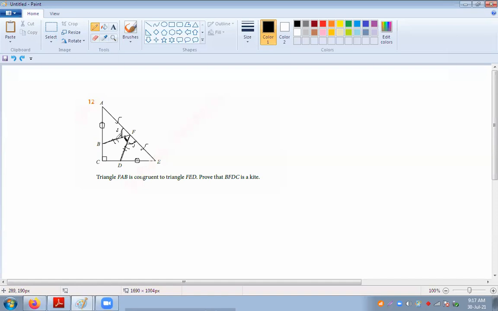If this side and this side are equal, and if we draw this diagonal, then this angle will be equal to this angle. Yes or no? And one more thing, as we got the fixed value of this angle, now I'll draw this diagonal. So this diagonal will bisect this angle. That means this side and this side, this angle and this angle will be equal.